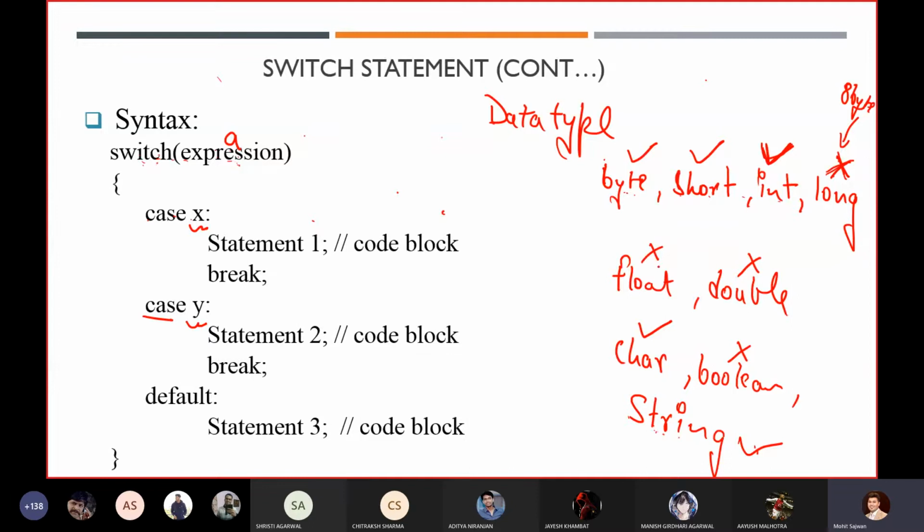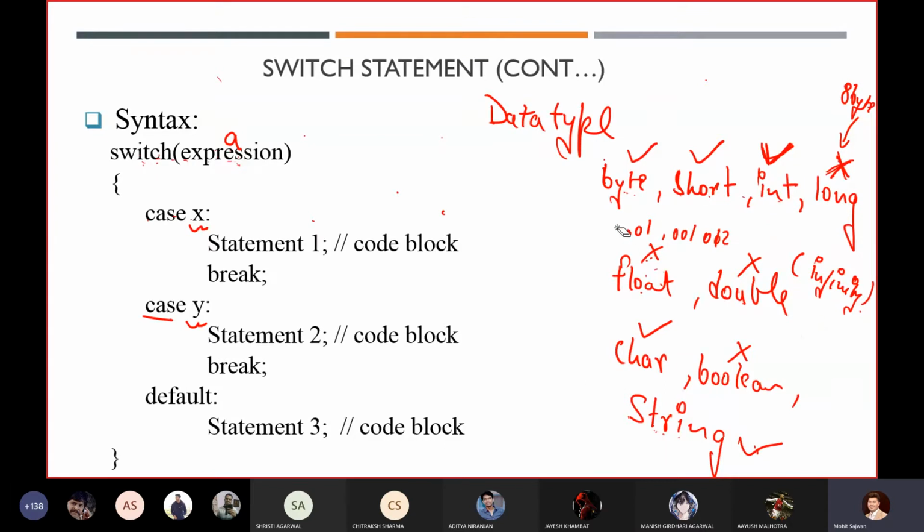Now, why have they removed float and double values? Because float and double can store effectively infinite values. You can write 0.01, 0.001, 0.012, so there are infinite values.